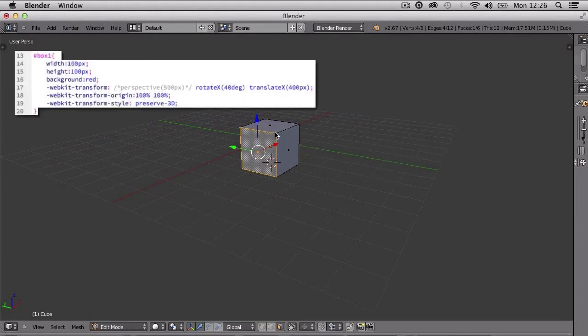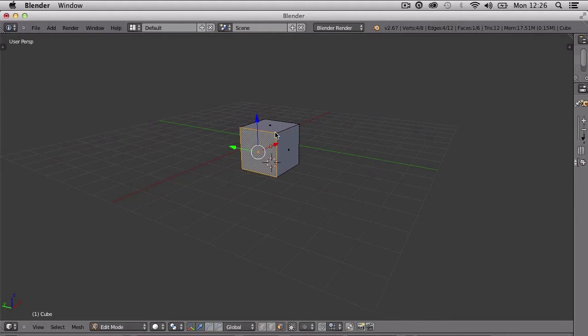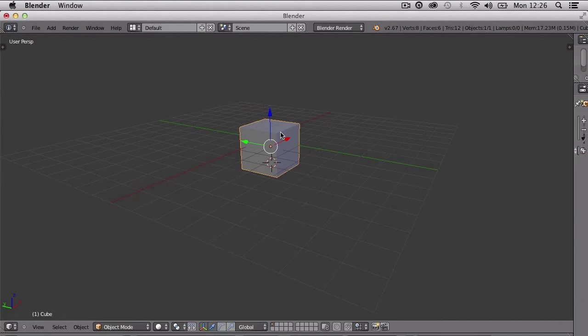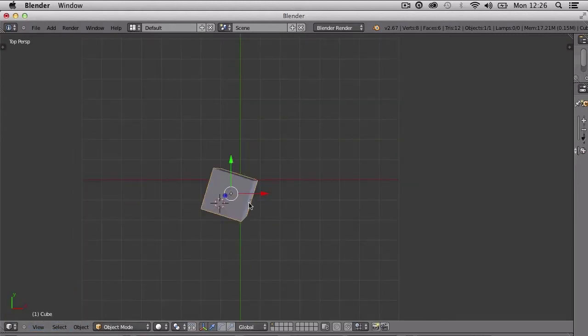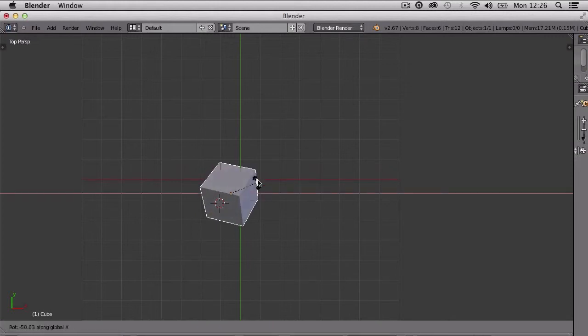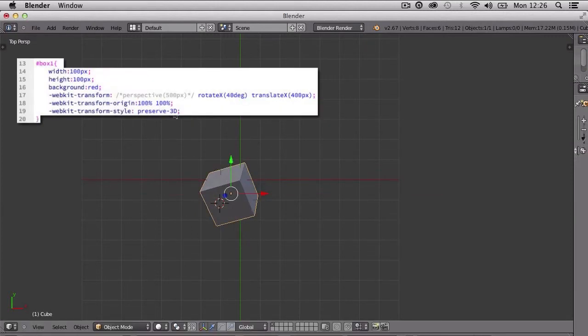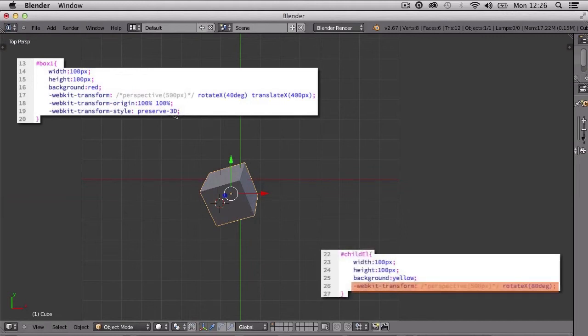So the parent doesn't necessarily have to have an actual visual representation, which it does in this case, it's the red square. However, it doesn't have to be. It can group loads and loads of faces together to make an object. And that way we can grab the object and rotate that on the z-axis or the y-axis or the x-axis. And don't forget, this is all in the top perspective view as it is, so we can rotate on the x-axis like so. So you can do all this crazy kind of stuff, but you'll notice that the faces all